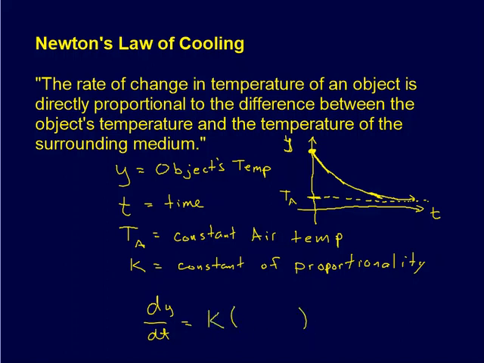Now this is where it will start to be different than last time. In the exponential growth model, the rate of change of y was proportional to y, and that was all there was. Today, it's proportional to the difference between the object's temperature and the temperature of the surroundings. And so the difference is to subtract. The object's temperature is y, and the air temperature is this capital T. Okay, so here is our